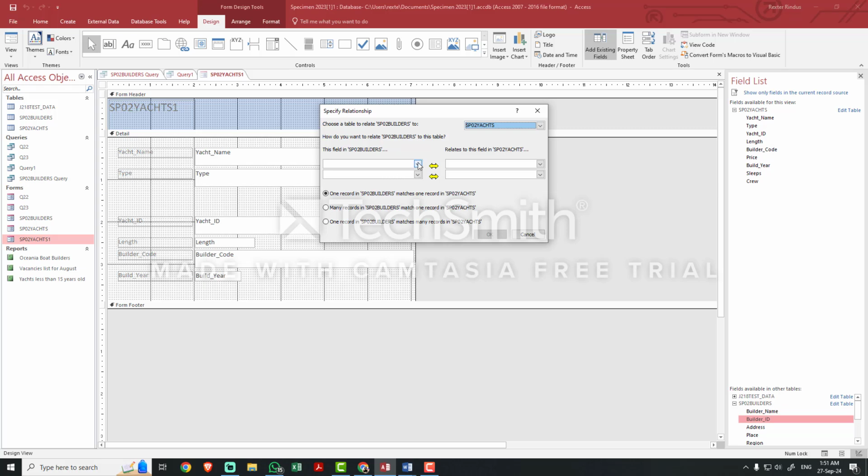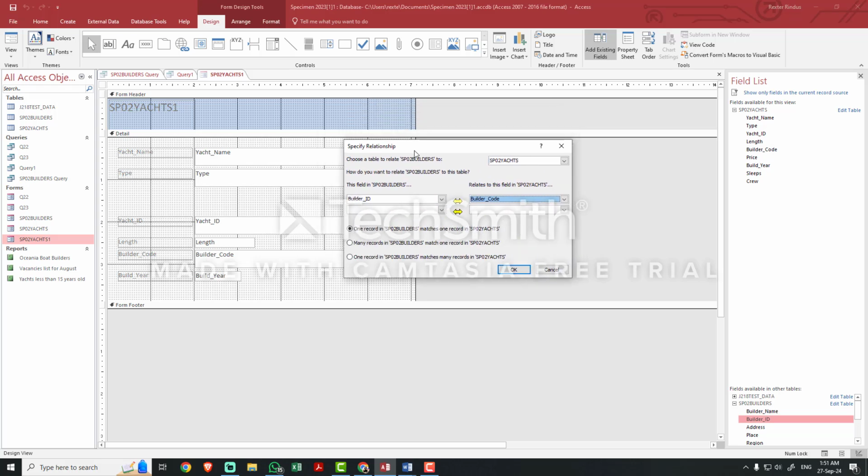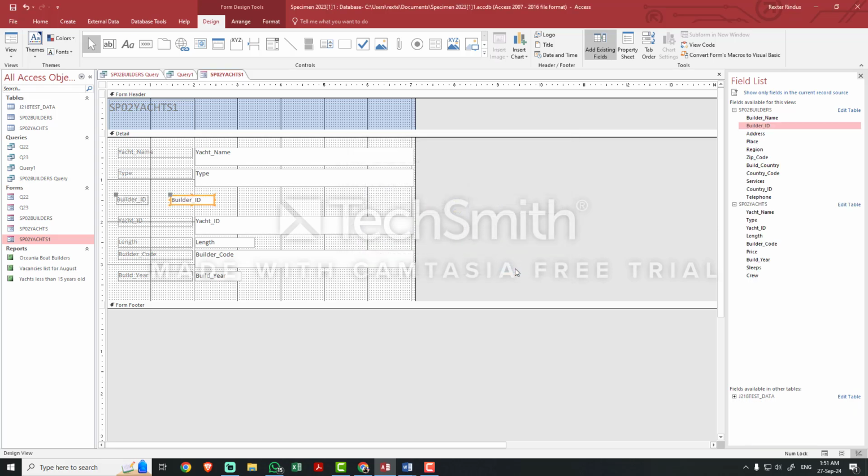But anyway, in this particular field, I know that this SP builder, which is the builder ID, is linked to what is called the builder code. So the two fields must have a relationship, okay? Must be the same, in other words. So one is the primary key, one is the foreign key. I don't know which one is having that. And of course, you have to take a screenshot for specifying that it is actually linked to that particular table. Click OK, and there you go.